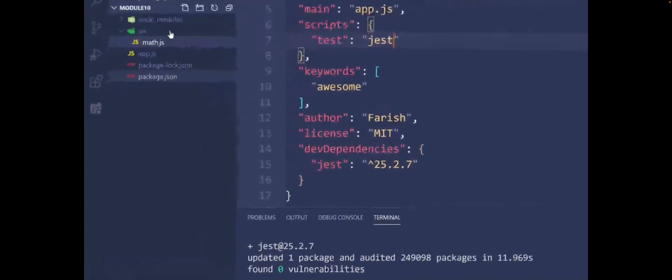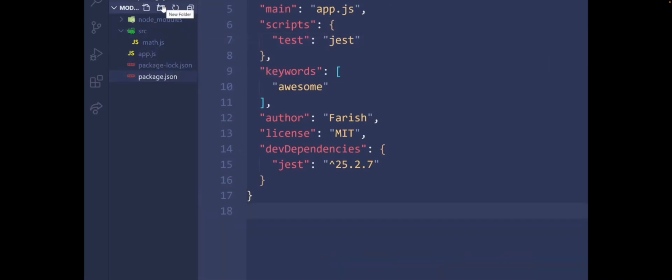Let me take a moment to talk about this app that I will be testing. It is going to be a basic calculator, and the functions are going to be stored in this math.js file. So this will be the module I will run my test against. To start with testing, I need to make a test folder, and the standard practice is that I name my test file based off the module name I will be testing. In this case, I'm going to create a file called